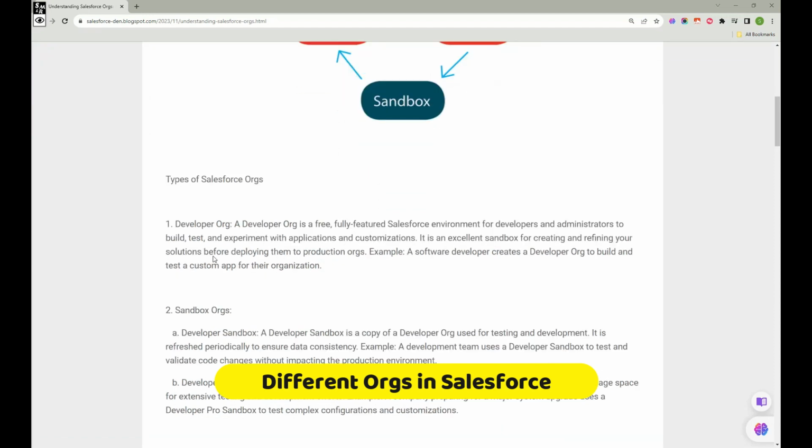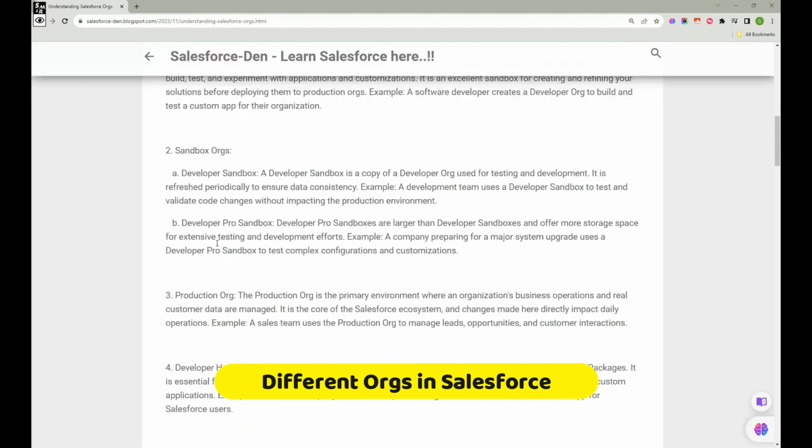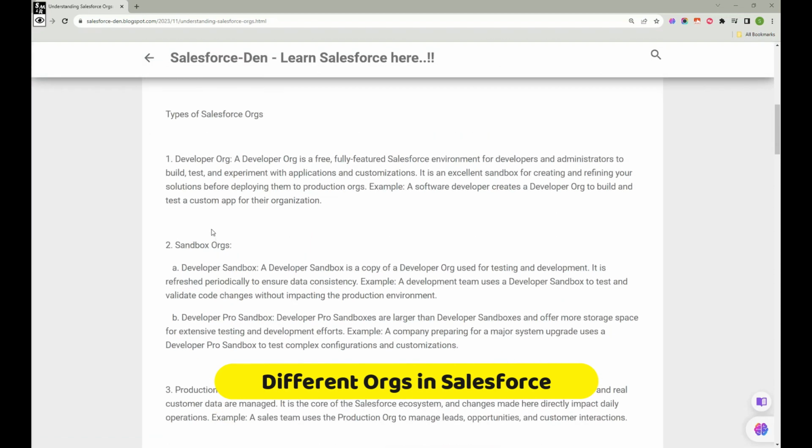And as we talked, there are 4 different types of sandboxes, or orgs. I would say org would be a good word. So a developer org is a free, fully featured Salesforce environment for Salesforce developers and administrators to build, test and experiment with applications and customizations. If you see, we have discussed the same, like we will customize something, and we will deploy in the sandboxes. And a developer sandbox